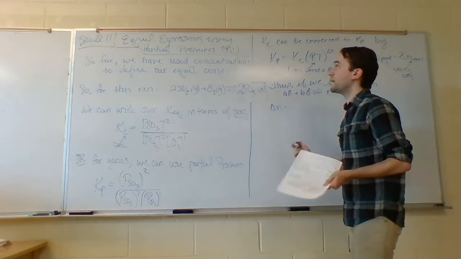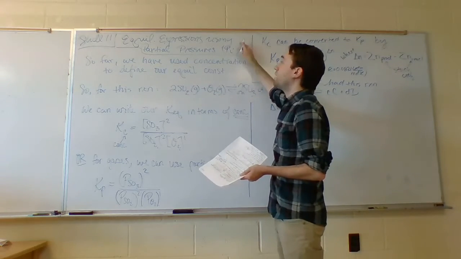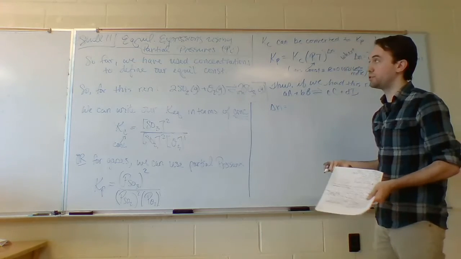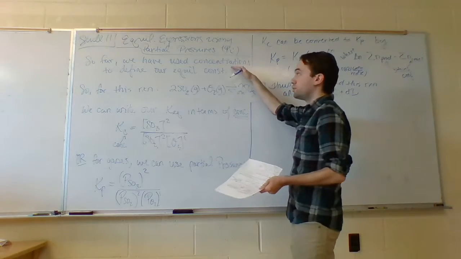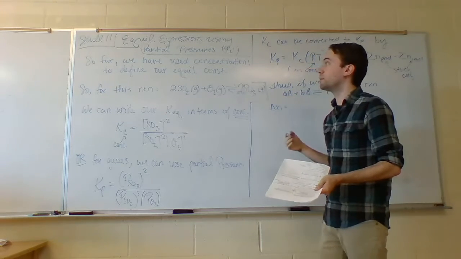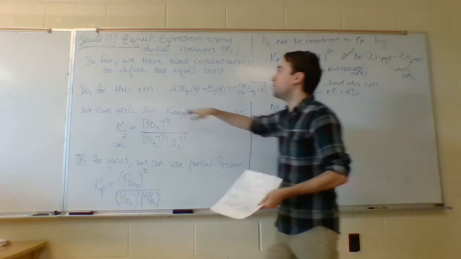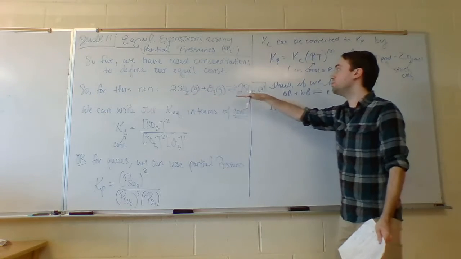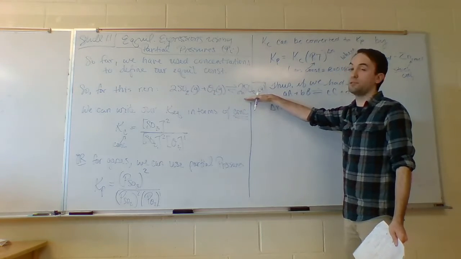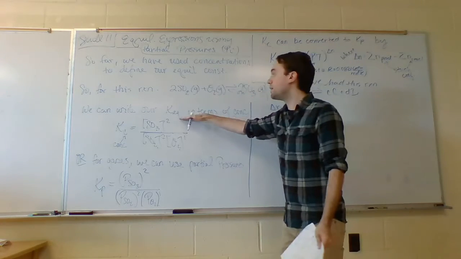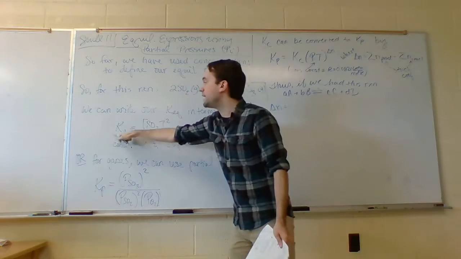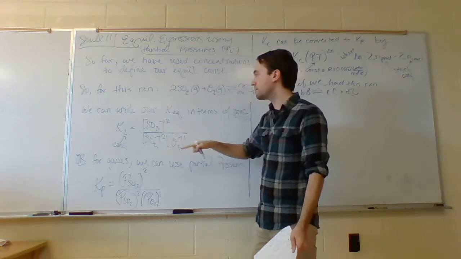All right, so now we're ready to begin discussing how to calculate your equilibrium expressions using partial pressures. So far, we've used concentration to define our equilibrium constant. If we look at this reaction, where we had 2SO2 plus O2 in equilibrium with 2SO3, we could write our equilibrium constant in terms of concentration, and we would have a Kc for concentration, which was